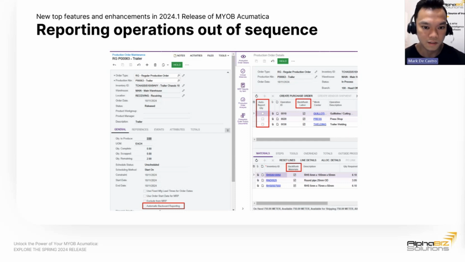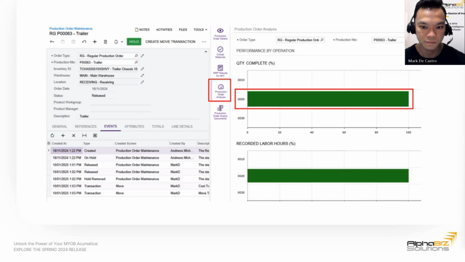So if you go on to the next slide, Janella. Okay. It's the same production order, but I moved on to the events tab. As you can see on this production order, I created a move transaction for the second operation. The move transaction is on the last line and second to the last line as well.